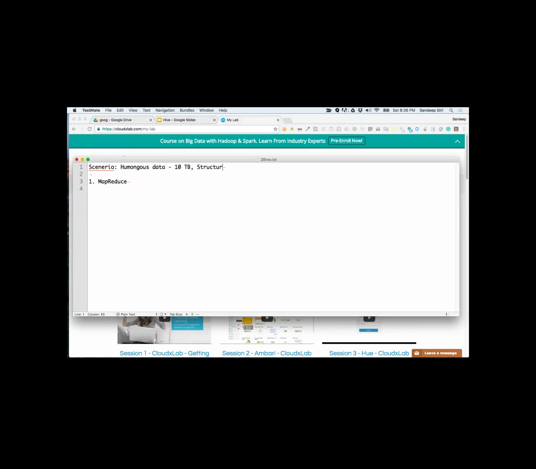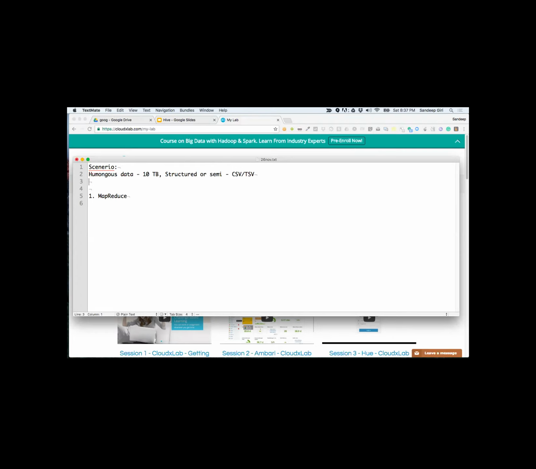Structured or semi-structured, meaning let's imagine that it's comma separated or tab separated values. Now, since you have this kind of data, the question to you is, how would you churn it? How would you process it?